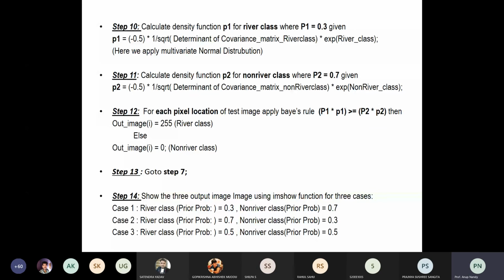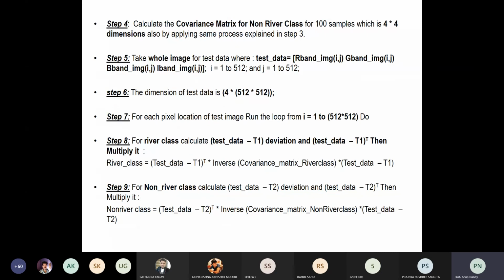Actually, it is a part of image processing: how row values can be converted into a combination of column values also. So this step is missing here, which you have identified. Here I have only shown it in terms of the loop for I is equal to. Suppose you say, sir, I will do it in a different way. Instead of taking I is equal to 1 to 512 into 512, you take I is equal to 1 to 512, j is equal to 1 to 512. That is also permissible.